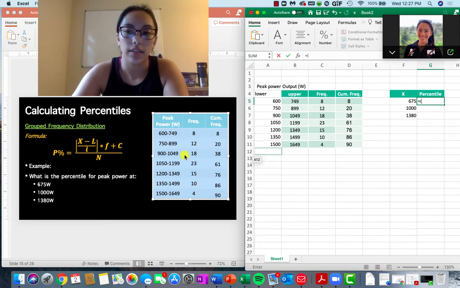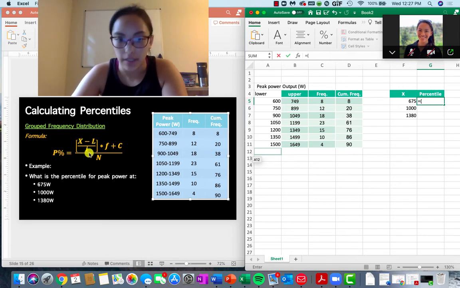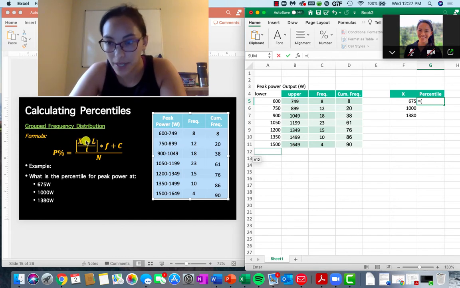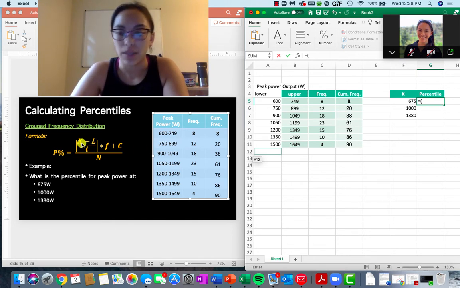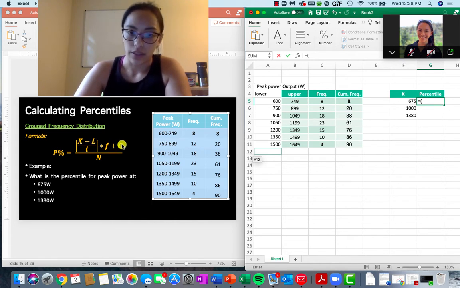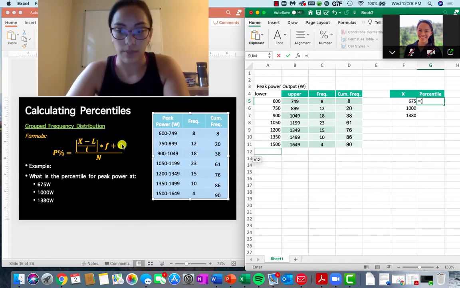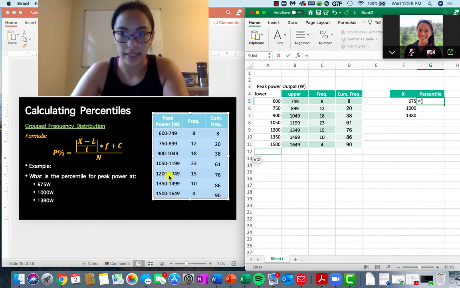The first thing we have to calculate is this part in the numerator, right? And the first thing within that numerator that needs to be calculated is the numerator of this fraction, okay? So the first thing that needs to be in parentheses is the raw score minus the lower bound of the group that the raw score lies within, right? So our raw score is 675